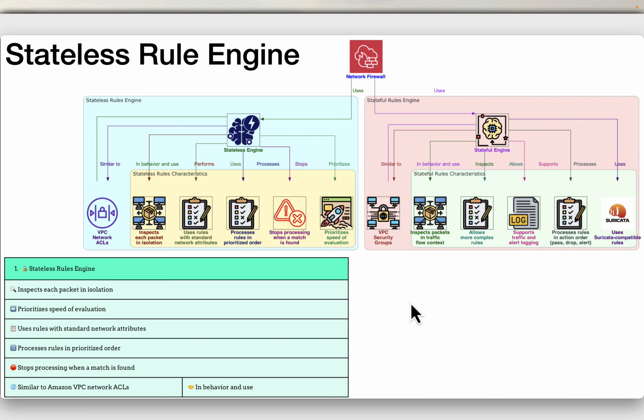The engine processes your rules in the order that you prioritize them and stops processing when it finds a match. Network Firewall rules are similar in behavior and use to Amazon VPC network access control lists, or NACLs. So it inspects each packet in isolation, uses rules with standard network attributes in order, stops processing when a match is found, and the goal is speed, or performance.